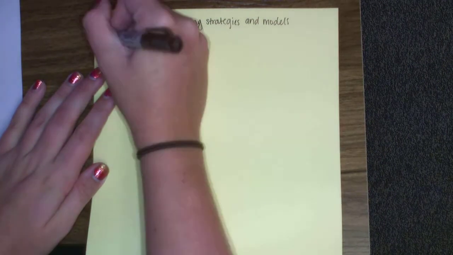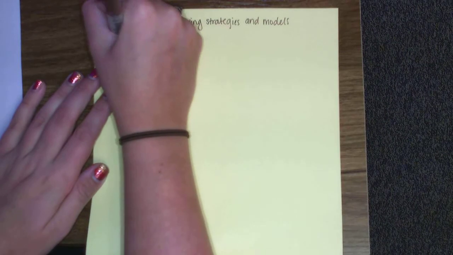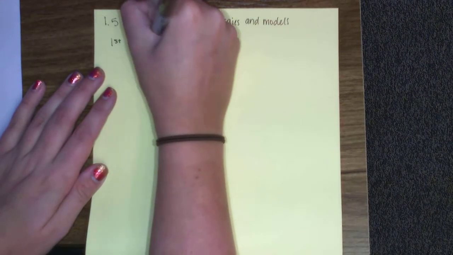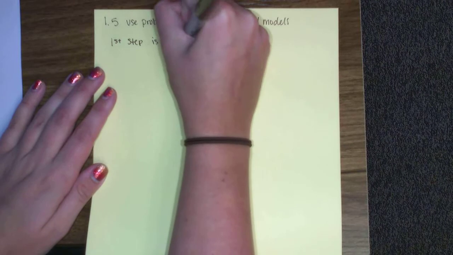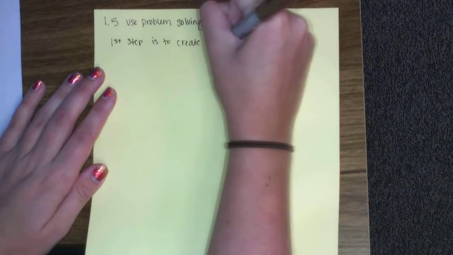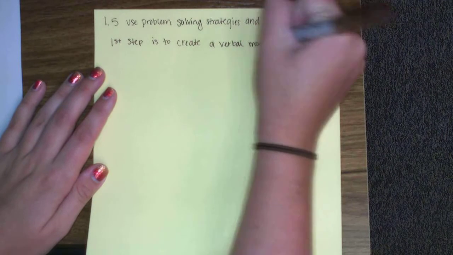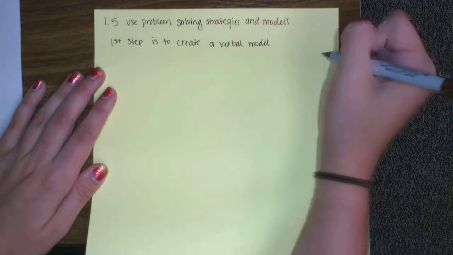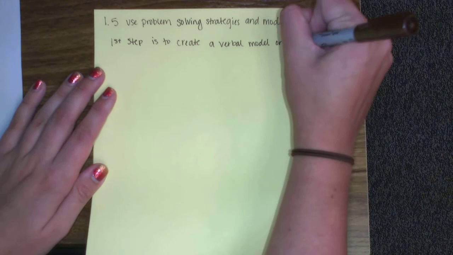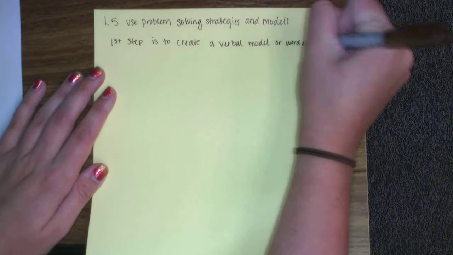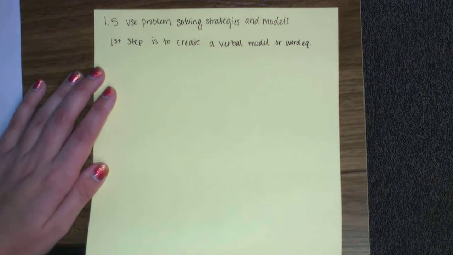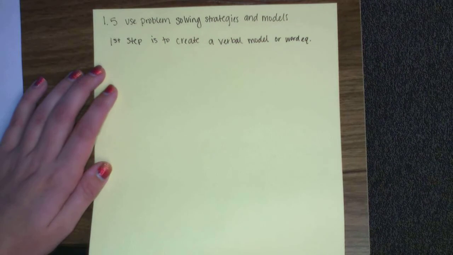So the first step is to create a verbal model. Okay, we want to know what we're dealing with using words. Okay, so we also call this a word equation. And that's not as critical in this particular section, but it will be, I think it's 1.6 that it particularly